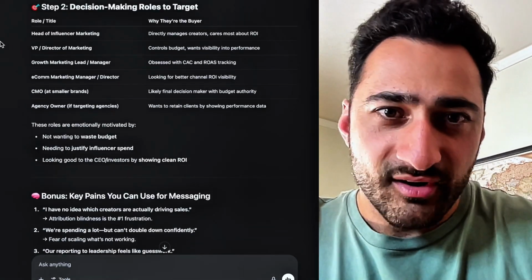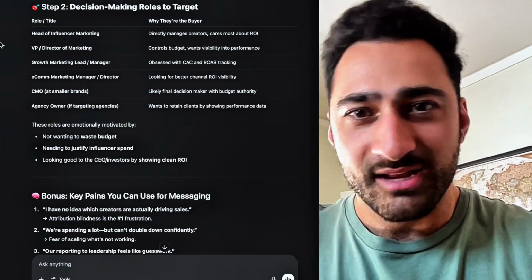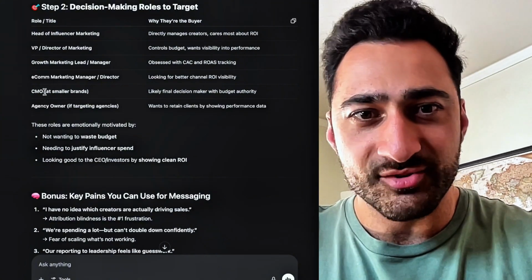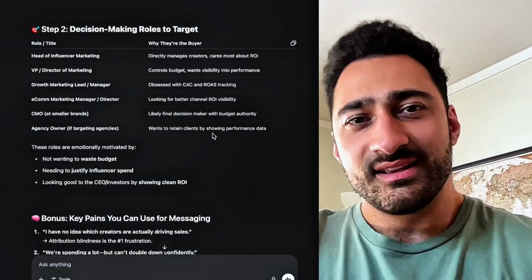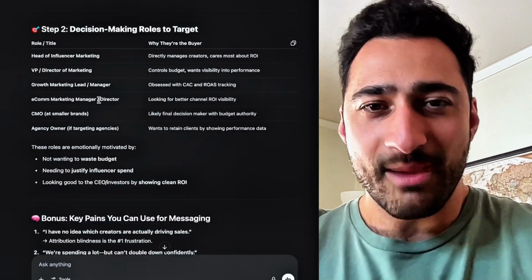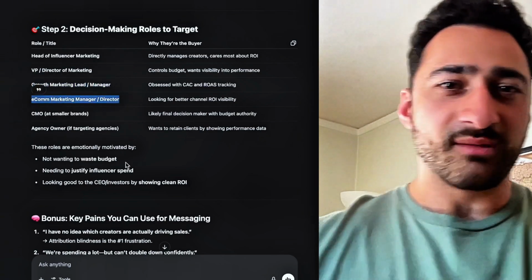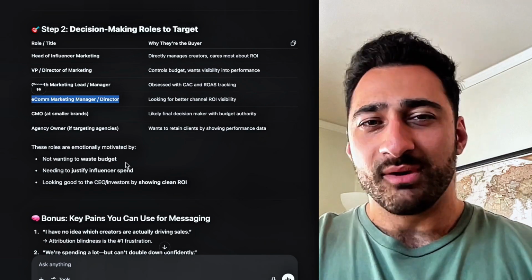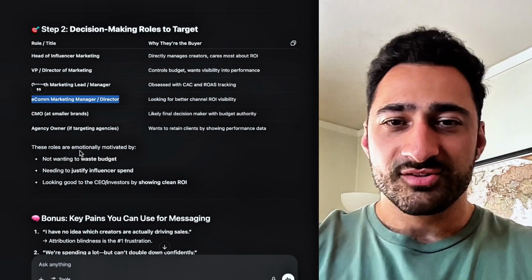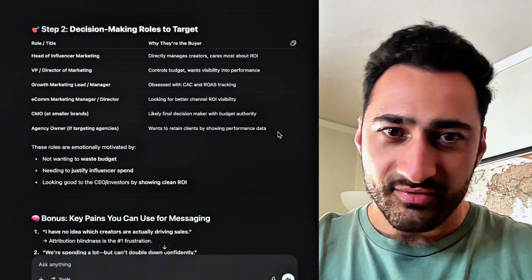Then the roles to target: head of influencer marketing, VP or director of marketing, growth marketing lead or manager, e-com marketing manager, and CMO and agency owner. So here's what I would actually say to this: some of these you already know can't make a buying decision. For instance, a growth marketing lead or a manager, an e-com marketing manager, they might be able to influence the decision to buy, but they're not the ones that ultimately make the call. So what I would recommend is pushing back on this and saying,